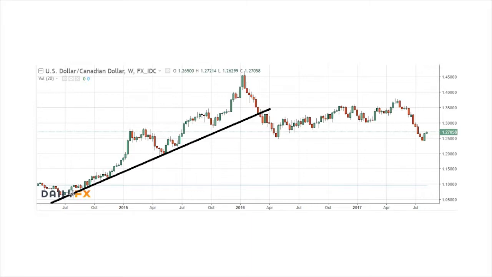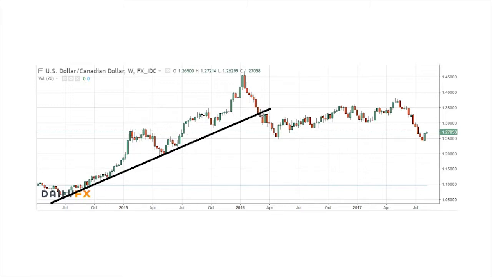This is back over in 2014, and you'll see there's this psychological level that the trend actually bounces off of. What that means is that traders are buying at the support level and trying to sell it for a higher price. So they'll buy it closer to the black line here, wait for it to climb higher, and sell it for their profit. And you'll notice that pretty consistently this trend line has stayed true over almost a 2-year period